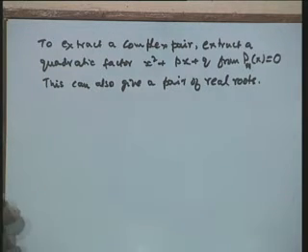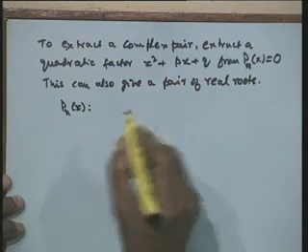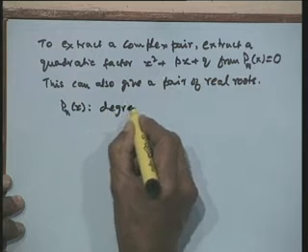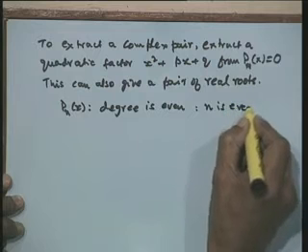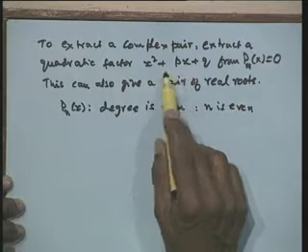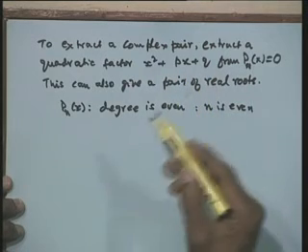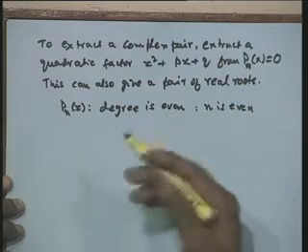Now if I take this polynomial p n x, let us say the degree of this is even, that is, n is even. Then if I extract the quadratic factor x squared plus p x plus q, deflate it, I again extract x squared plus p x plus q. Therefore at the end we will be left with a quadratic factor, because n is even. Each time I extract the quadratic factor, what will be left in the end will be a quadratic factor. So I will be able to reduce it finally into a quadratic factor and find the two roots of this.